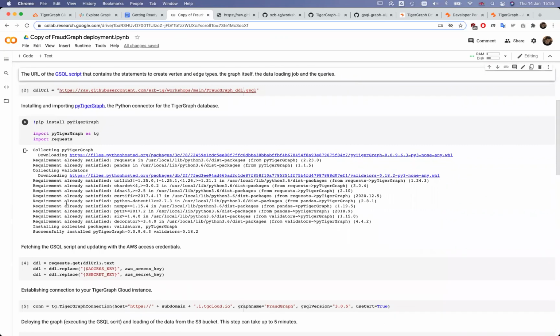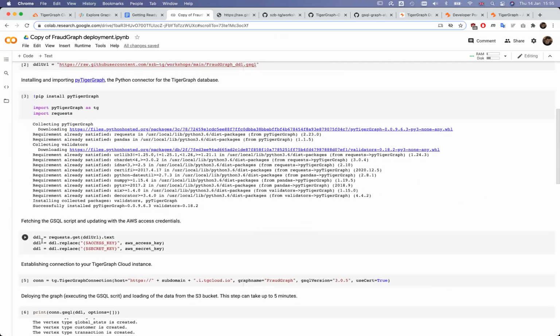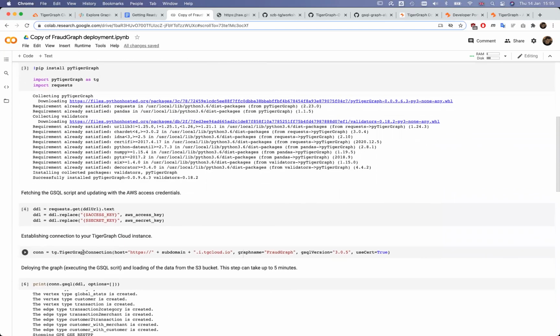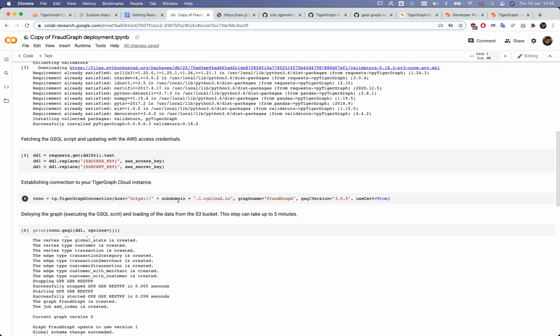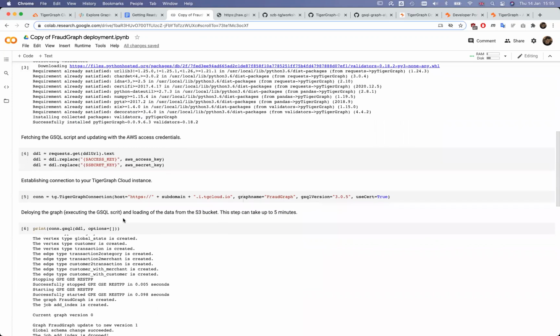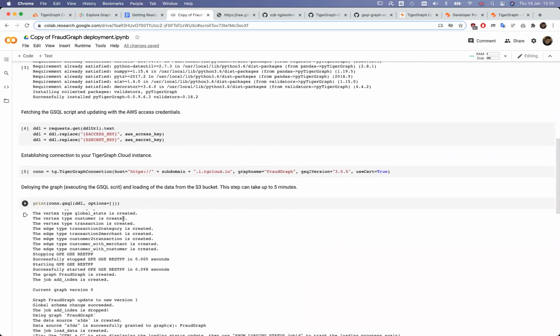This has been nicely installed. This step actually fetches the GSQL script into the Python notebook and replaces the access and secret keys with the actual values. Next, I establish a connection to the database, and this is where we use the subdomain information specified in the first cell. And then the GSQL script is actually executed.